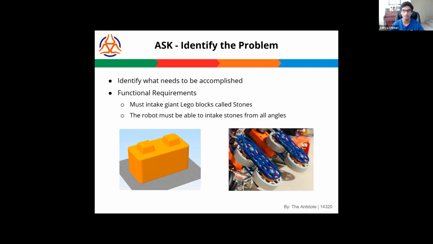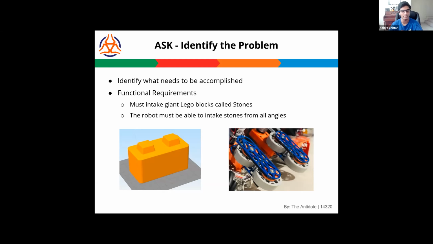All right, so the first step in the engineering design process is the ask phase. This is where you're going to be identifying the problem at hand. And usually for FTC, the problem is going to be something to do with the game. Then you have to identify what needs to be accomplished to score points in the game. An example from last year's game is, how do we want to intake these giant Lego bricks called stones? Without knowing the problem, how can you solve it? So it's pretty important to clearly define the problem before your team starts prototyping,